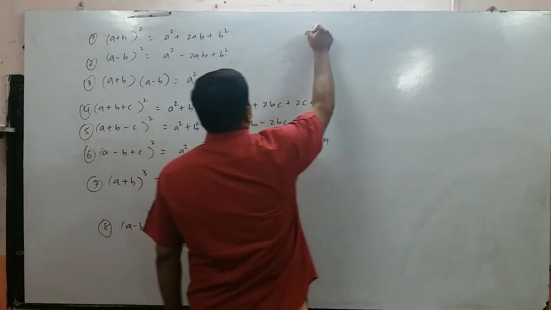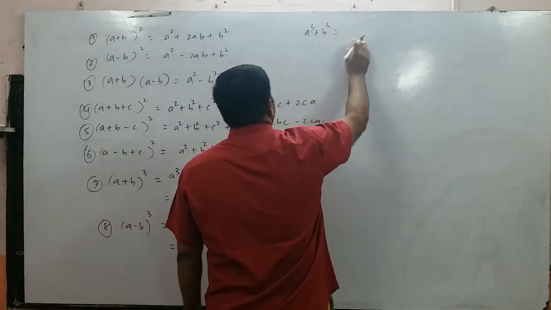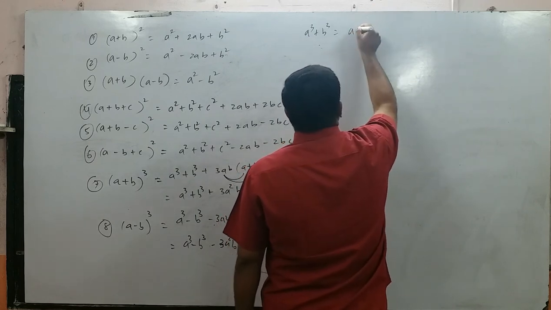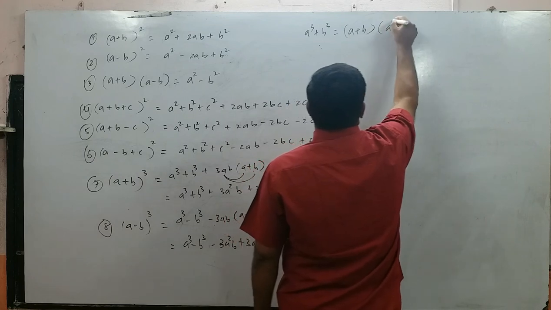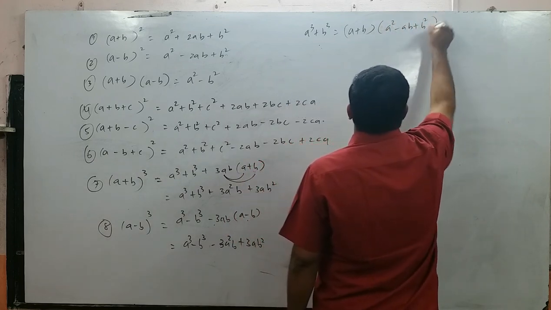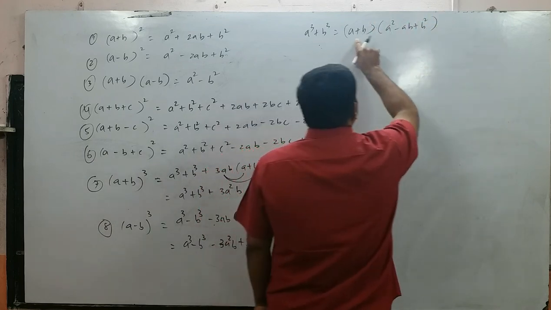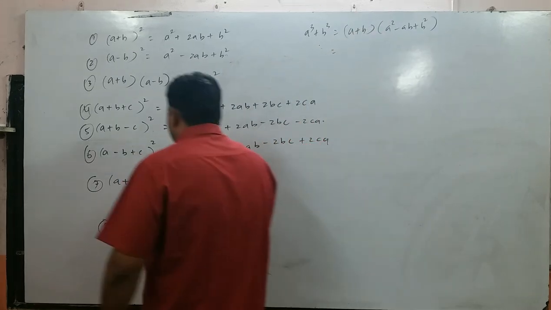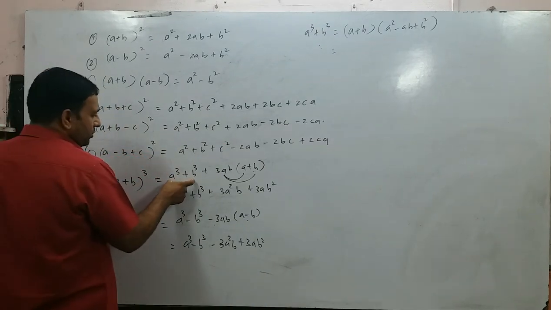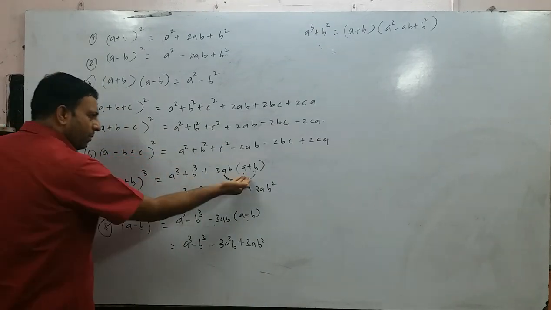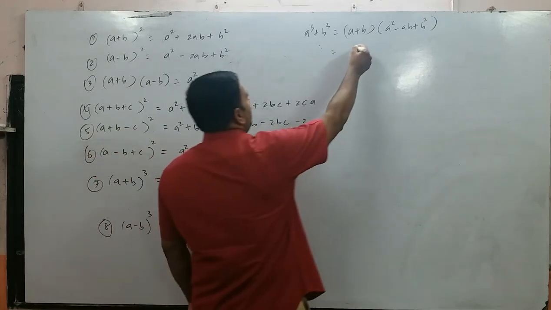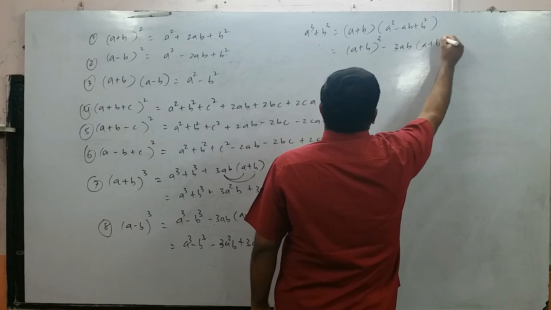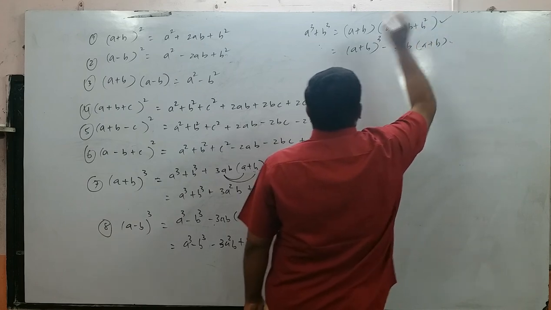Now if somebody is asking you a cube plus b cube, how do you write a cube plus b cube? There are two formulae again here. The most frequently used formula I am writing as (a plus b) into (a square minus ab plus b square). I have discussed this in the previous chapters also. So it is a standard formula. Apart from that, you will get a cube plus b cube here. So this a cube plus b cube is equal to the entire (a plus b) whole cube minus this stuff. So I can write this as (a plus b) whole cube minus 3ab into (a plus b). This is not frequently used, but the other is most frequently used.